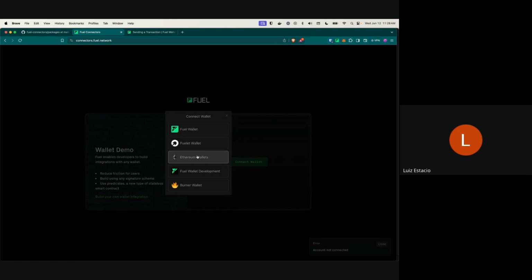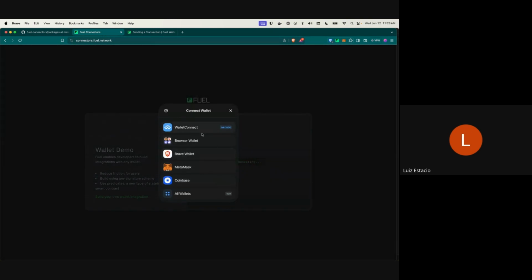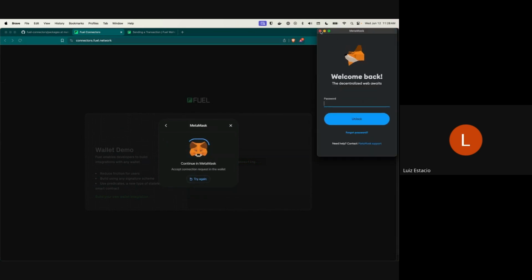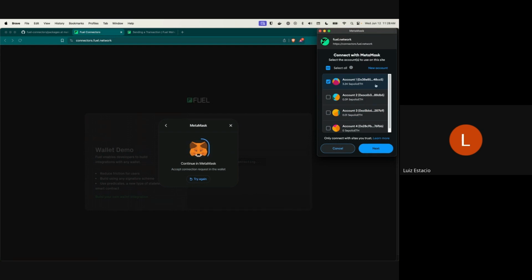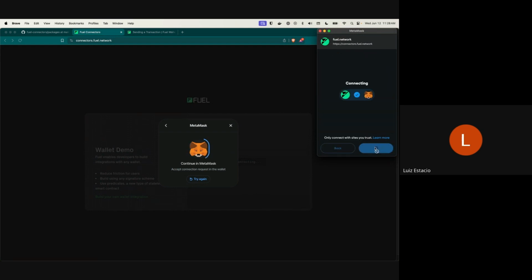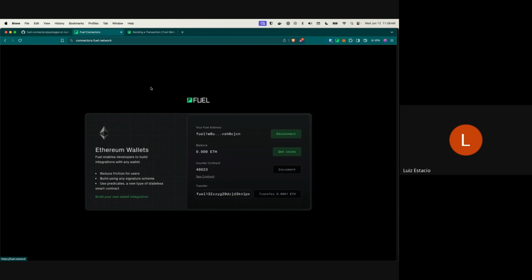But we can also have connectors that use predicates. And this is what Cameron was talking about, that I want to show a little bit. You may look at these connectors and the code just to see how they work, because this is the way that Fuel has account abstraction. We probably are going to be covering this more when we go for the language itself.